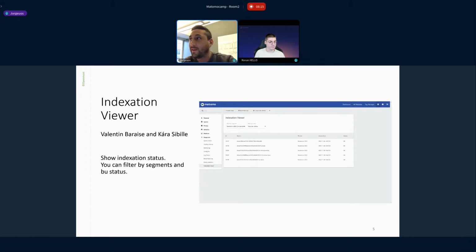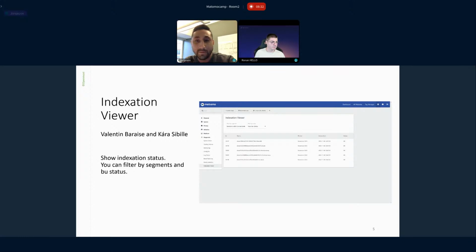When is my segment available for me to check? And this plugin deals with that, and that's pretty neat and quite awesome. I just love this plugin.